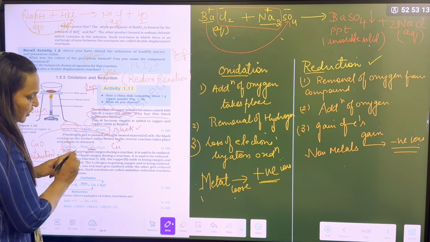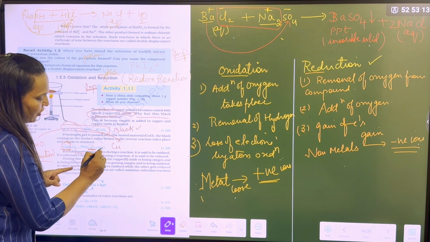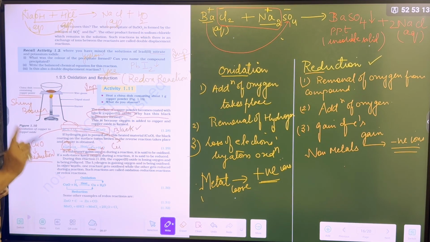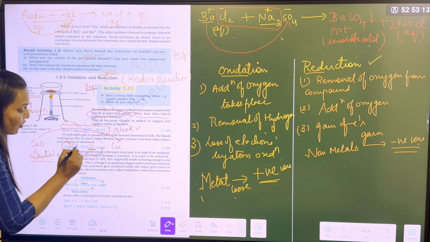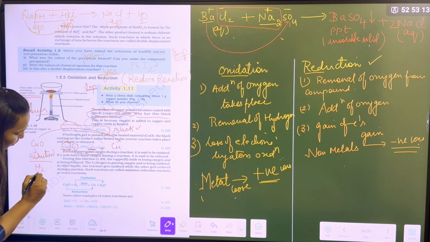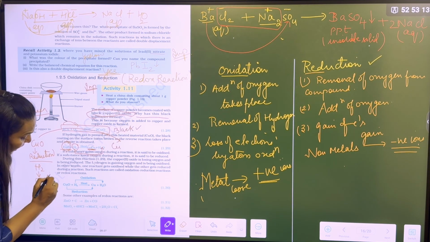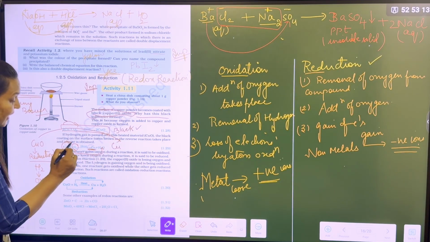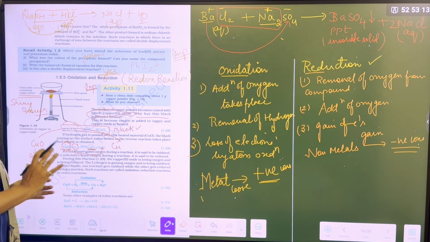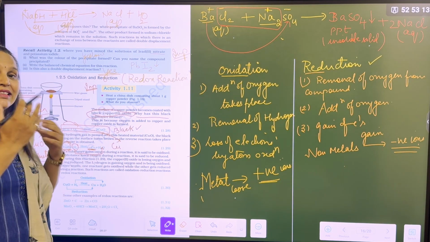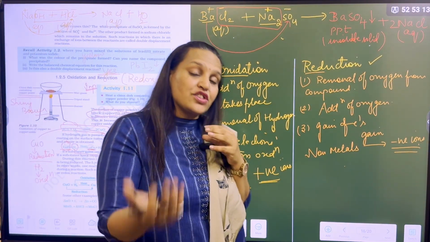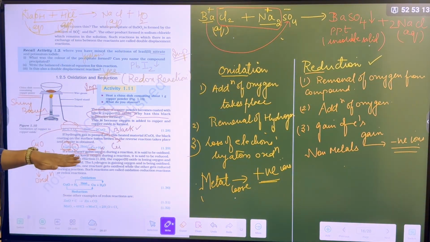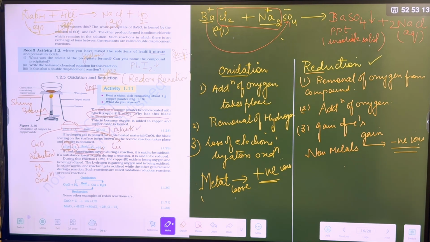Hydrogen is alone here. If you compare it with the product, oxygen is added. So who is undergoing oxidation? Hydrogen. So hydrogen is undergoing oxidation. Here always remember one thing. Your answers lie in the reactants. You just have to see with which atom oxygen is added or with which atom oxygen is removed. But your answers are always in the reactants, not in the products. Got it? Now next. One more example.